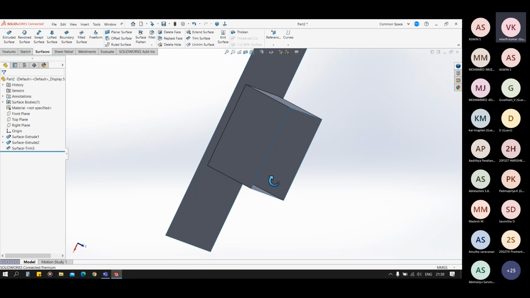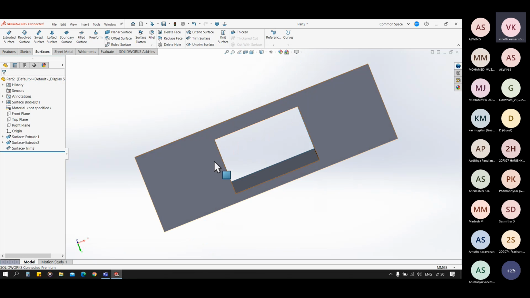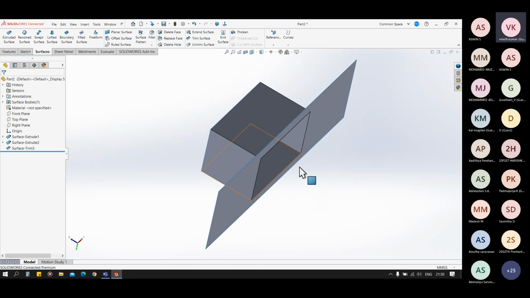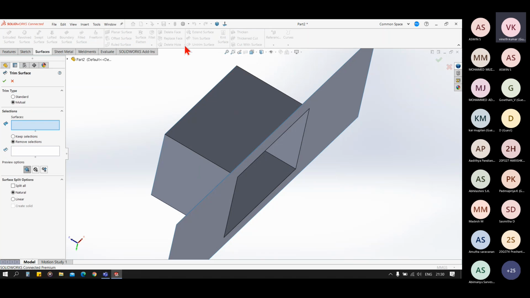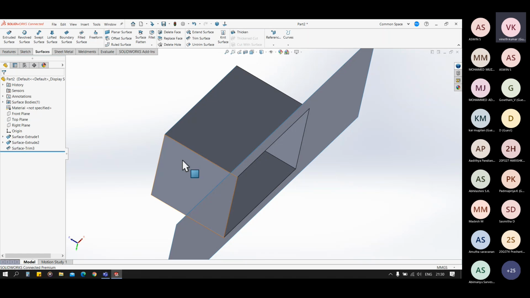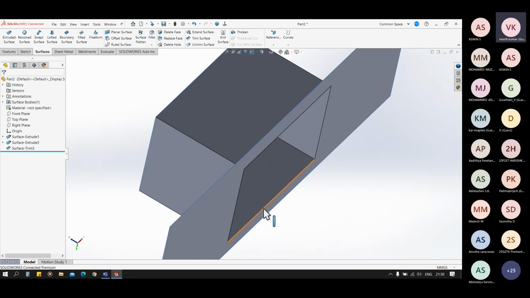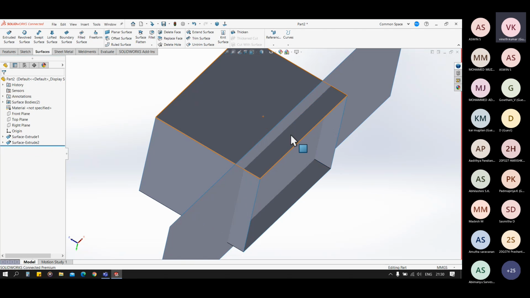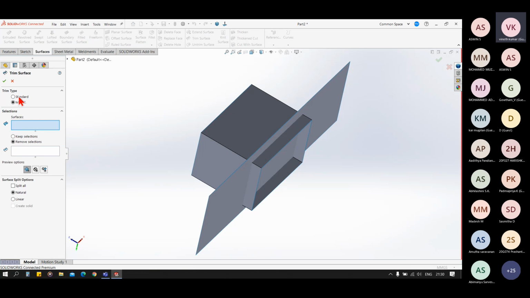Now you can see we have removed this face and the outer face. What the mutual trim does is it automatically knits both surfaces. Now you can see it is joined by the black line.